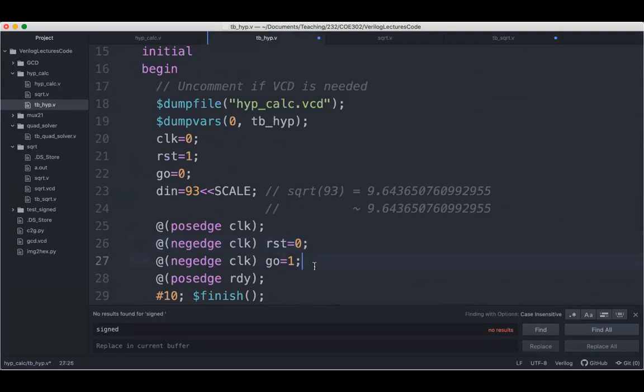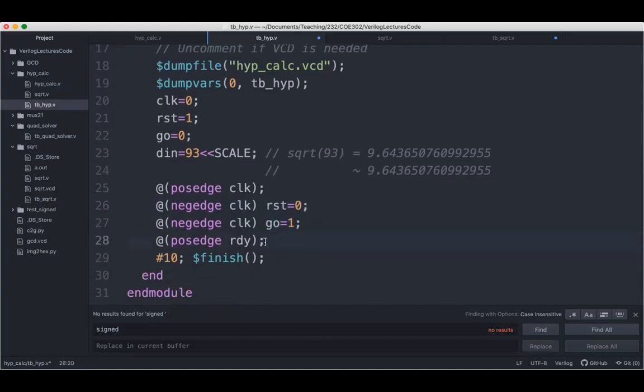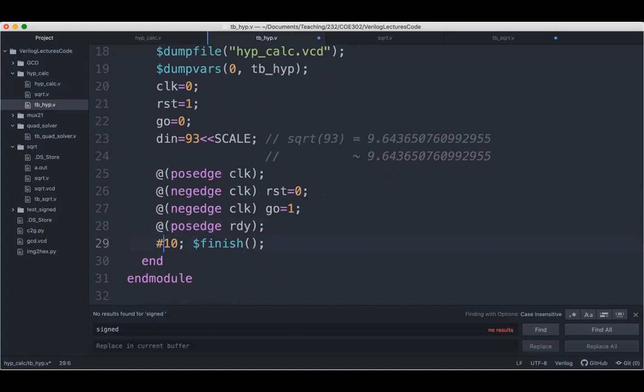Okay, and so we have go V1 here, and then wait for a positive edge on ready, and then just finish. But we didn't actually give another positive. So we gave A, but we didn't give B. So let's give, for example,